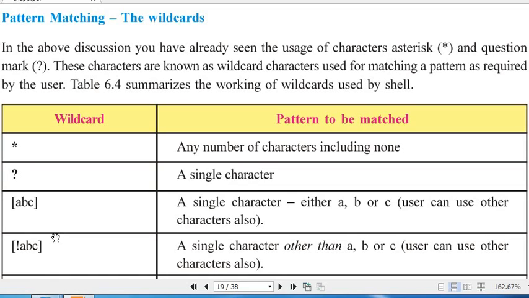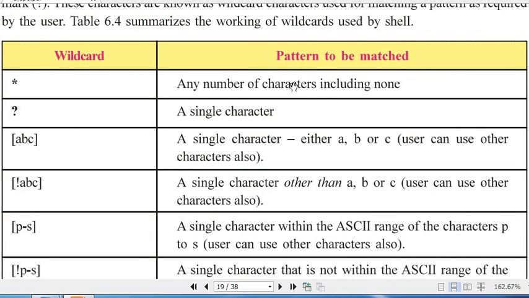Table 6.4 summarizes the working of wildcards used by the shell. First one is asterisk. Asterisk means any number of characters including white space. In Windows also, asterisk means the same thing. Question mark means a single character, a single missing character.